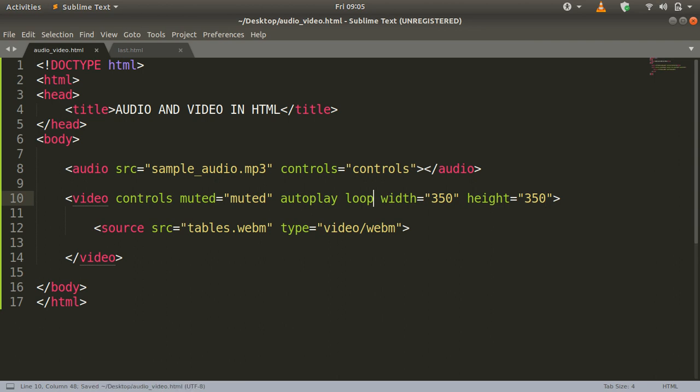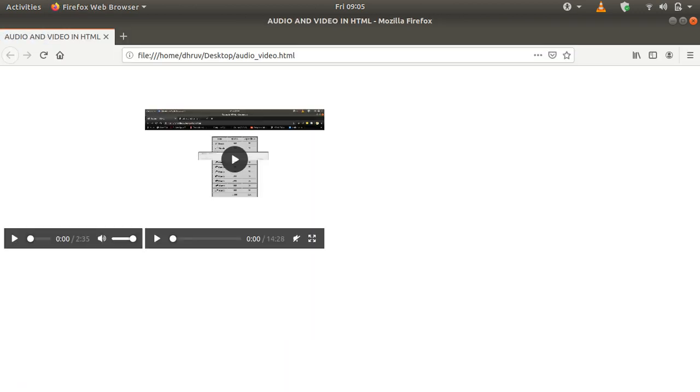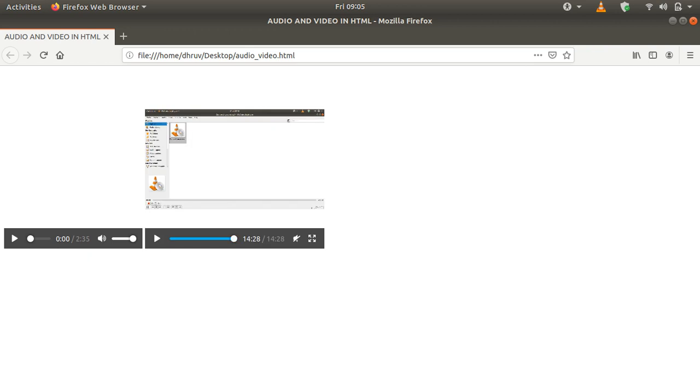And this time let us remove this loop and autoplay, and let me just refresh it. So you can see this is our audio file and this is our video file, and this time you can see that it has not started automatically, nor is it going to loop over again. So you can see that the video has now completed and it is not starting again.